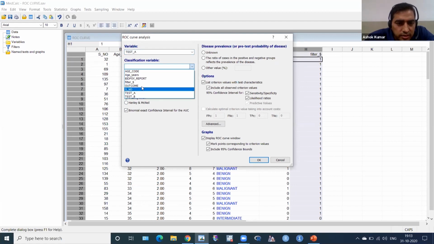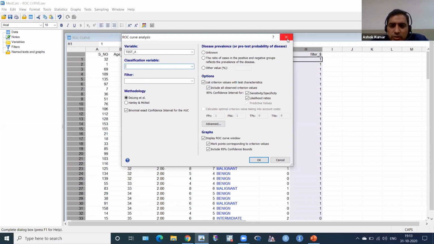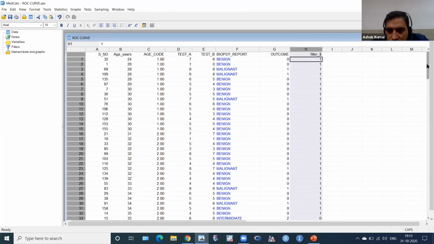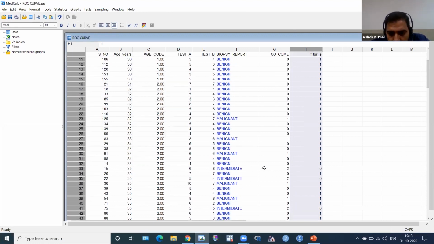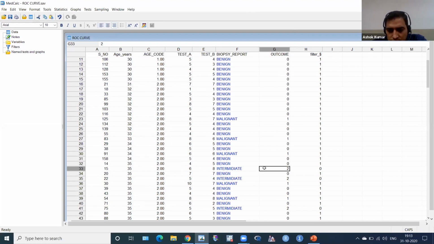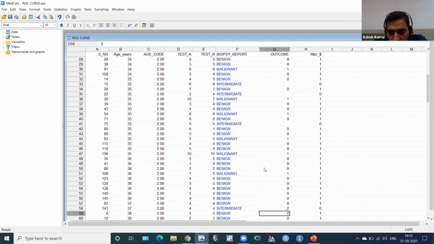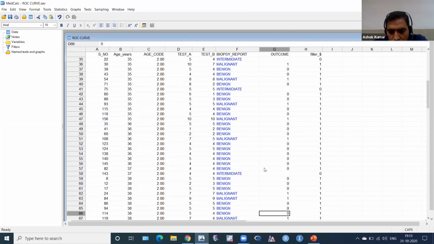And what is the classification variable? Then this is outcome. But you know that there are 3 values in outcome: 0, 1, 2. So I have to remove these 2 from outcome. I just don't want to do something extra. I just click on where the 2s are. This is 2, intermediate. I just remove. I don't want this. Okay. Sorry. Delete. 3 delete. Just simple. Okay. 4 delete, because I am using SPSS, sometimes I open this software.